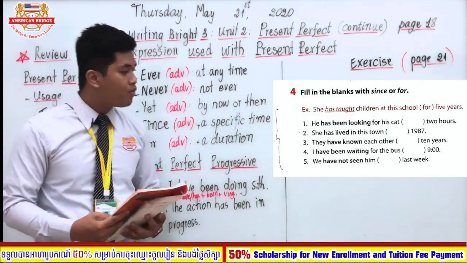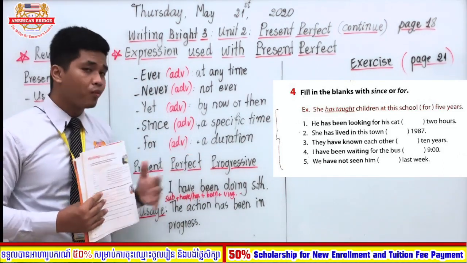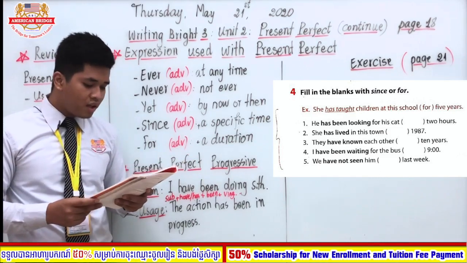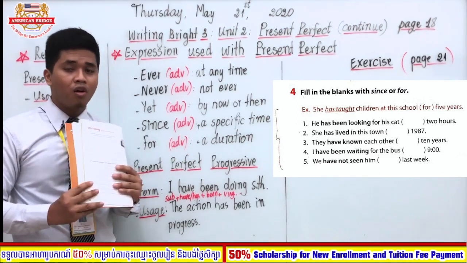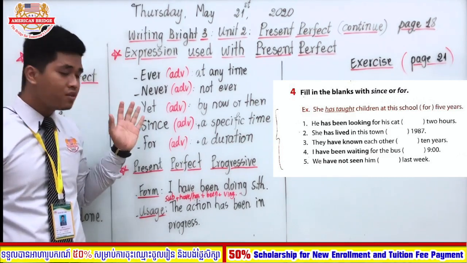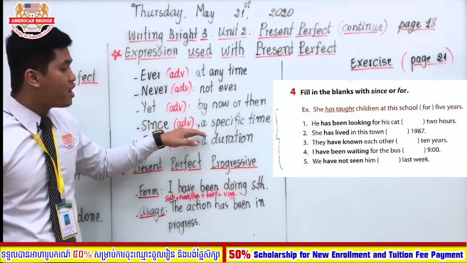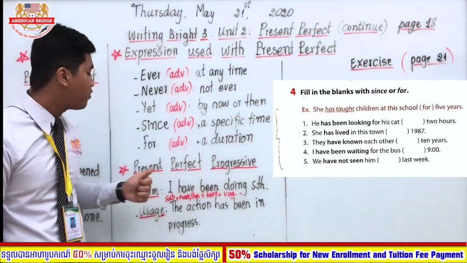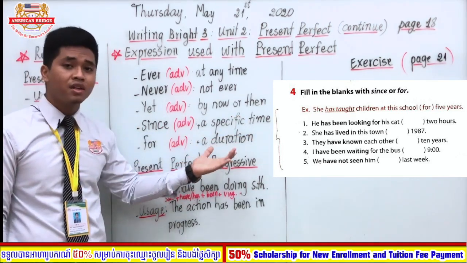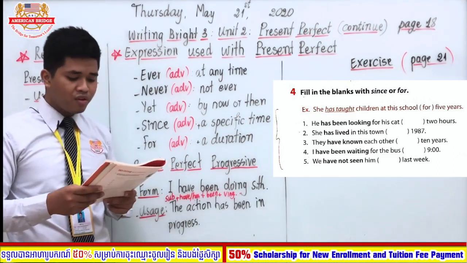So exercise number 4, you can see on the screen here, is the same as in your book. Exercise number 4, fill in the blank with since or for. So remember, everyone, the expressions that are mostly used, we have since and for. So since we use with a specific time, and for we talk about a whole duration. So now let's start. Number 1, she has been